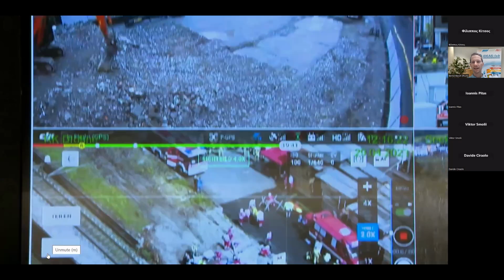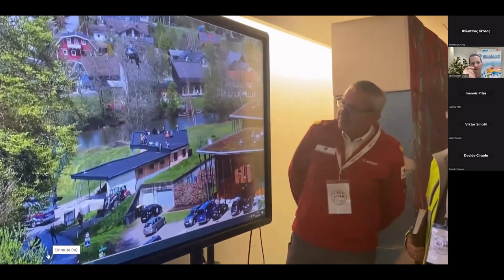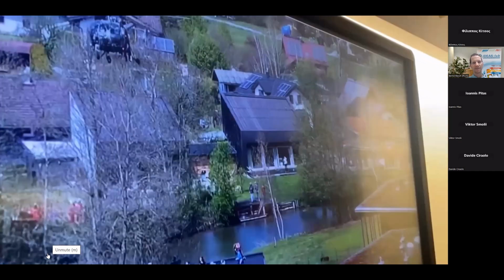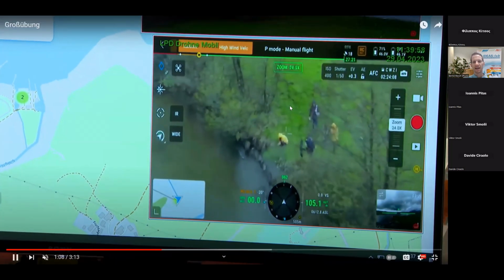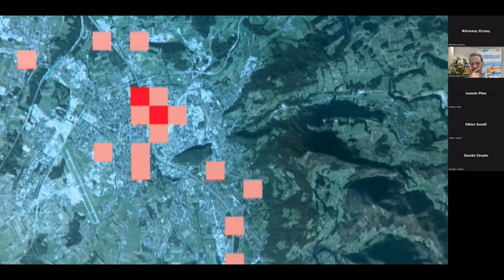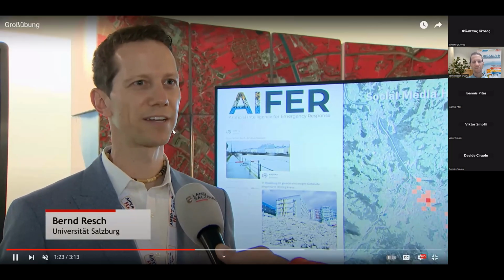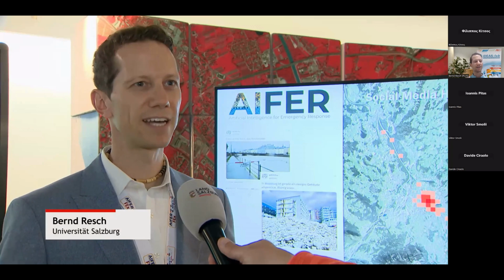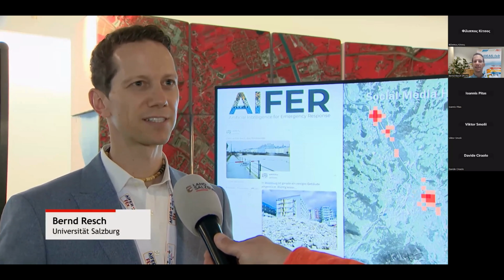Now this is the head of the regional Red Cross. Basically, what he's saying is that the AI information is very much helping them to understand and to cope with the situation. Live images. This is the head of disaster management for the region of Salzburg. So he says there are 3 ways that help them. First of all, these live drone images that they use a lot. And of course, the social media hotspots that we provided, and then the satellite images that provide flood-related disaster management information.